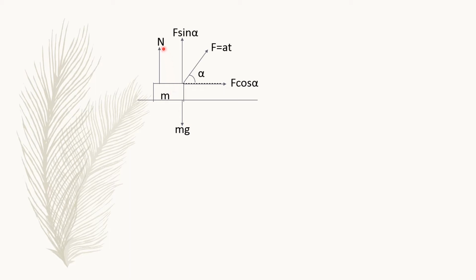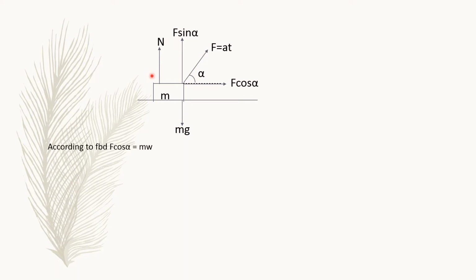Once again I am repeating, N is equal to mg in the initial moment, because F is equal to a t, and when t is equal to 0, F is 0, so the F sin alpha component is also 0. As time is increasing, F sin alpha is increasing. Since mg is constant, N plus F sin alpha is also constant. So as F sin alpha is increasing, the N value is decreasing. A time will come when normal reaction will be 0 and F sin alpha will be equal to mg. At that particular time, this body will leave this surface because normal reaction will be 0.